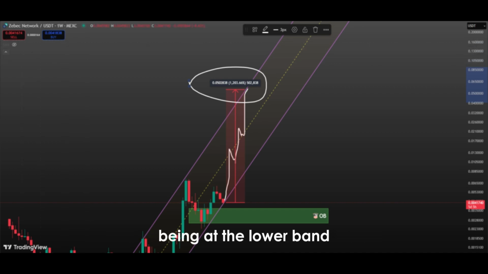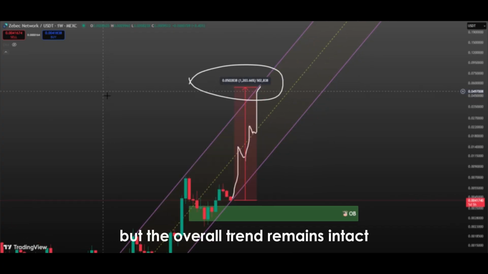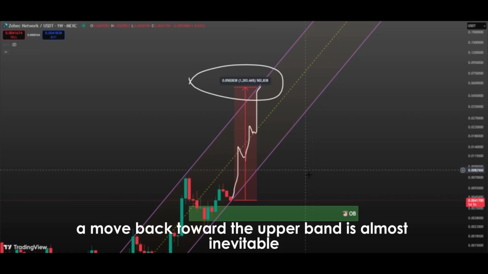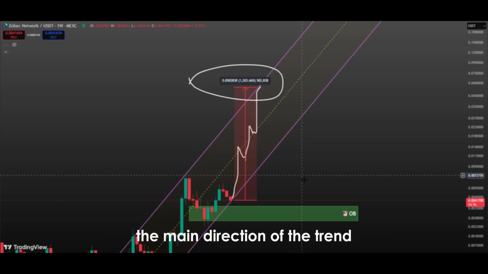Being at the lower band signifies that the price is currently in a corrective phase, but the overall trend remains intact. Within such a structure, a move back toward the upper band is almost inevitable, as market participants want to maintain the main direction of the trend. Viewed in this way, the enormous 1,200% potential increase is not just a technical possibility, but also an expectation supported